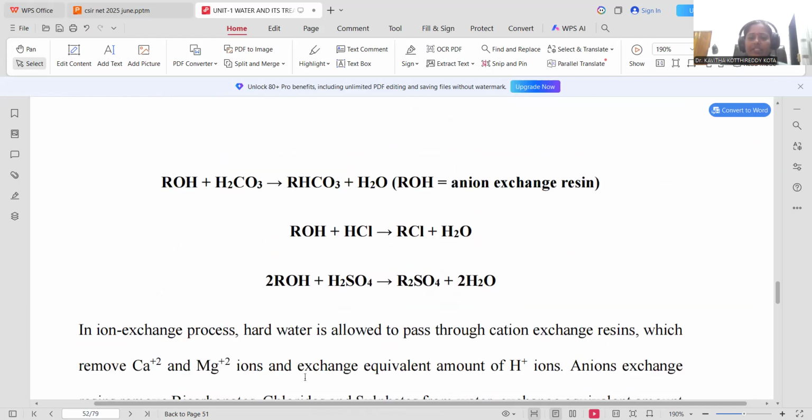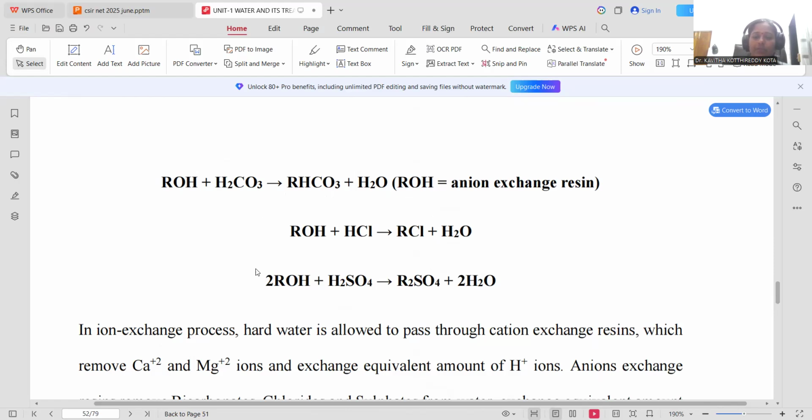Again, the chemical representation is provided whenever the resin is indicated. Here R stands for anionic resin with the free hydroxyl on its terminal, and that has a tendency to accept carbonic acid. Whenever carbonic acid is accepted by this resin, there is a formation of resin bicarbonate, and this has a tendency to release OH minus, so that hydrogen will be bonded with that,